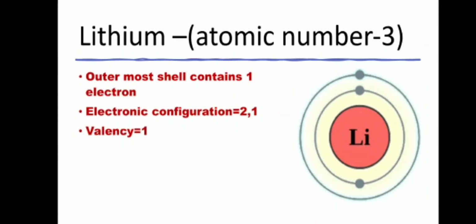Electronic configuration: K shell also, L shell also you need to write. So K shell contains how many electrons? 2, comma, then how many electrons in the L shell? 1. So 2, comma 1, that is the electronic configuration. So from the electronic configuration you can write the valency easily. 2, 1 is written, right? So what is the last written? That is 1. So that will be the valency. Okay, if it is more than 4, that only will change.